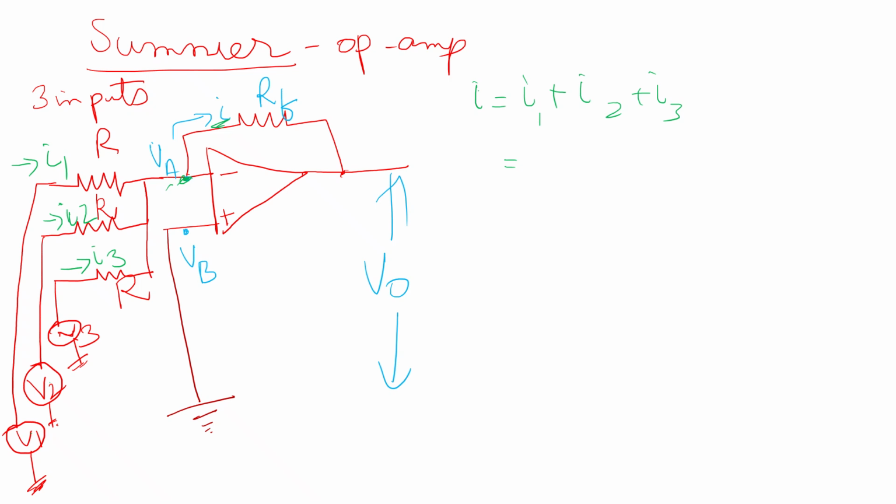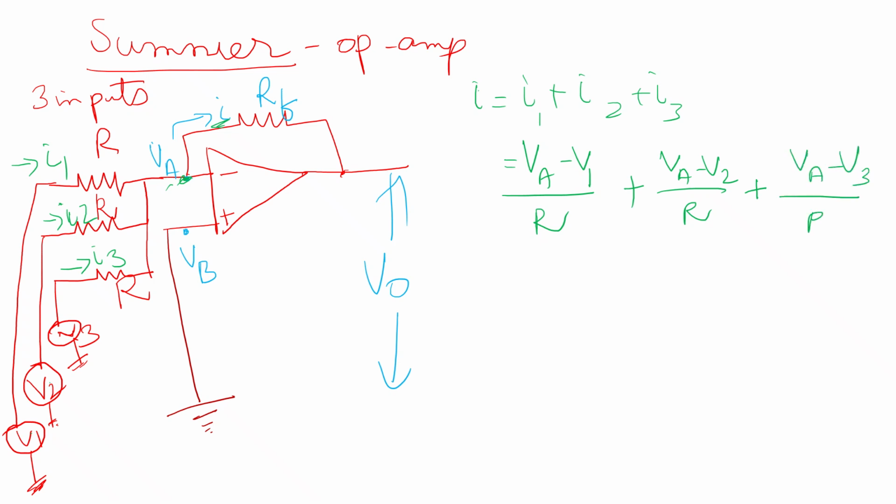So I1 equals VA minus V1 divided by R, plus I2, the current flowing through the R resistor, equal to VA minus V2 divided by R, plus I3, VA minus V3 divided by R, is equal to 0. So simplifying,